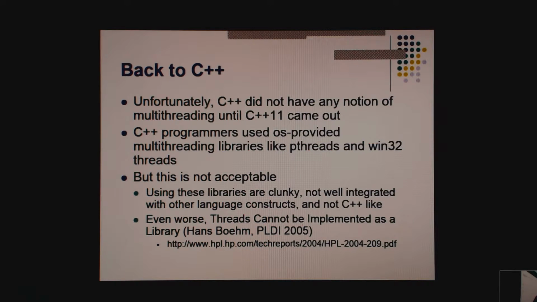C++ didn't have any notion of multi-threading until C++11 came out. C++ programmers had to use OS-provided multi-threading libraries like pthreads and Win32 threads, and this isn't acceptable. It's not only because the lack of language support is clumsy.